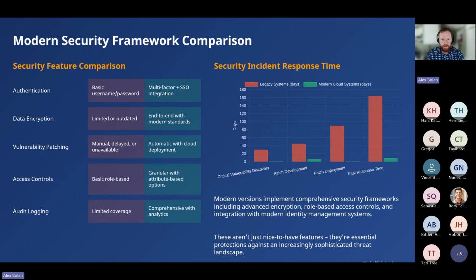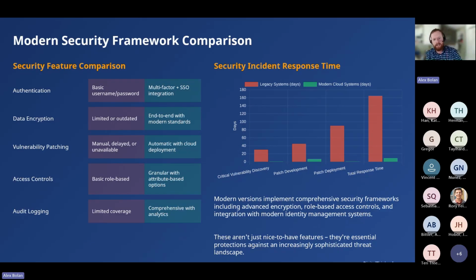If you're on a SQL Server, you're likely running Windows Server 2012 R2, which reached its end of expected support in October of 2023. That means Microsoft isn't providing security updates anymore for that. It's just not happening. And for those of you on the Oracle side, you're probably running Oracle 18C or older 19C releases. Oracle 18C reached its end of premier support in June of 2021. That was 5 years ago. And the extended support ended in June 2024.